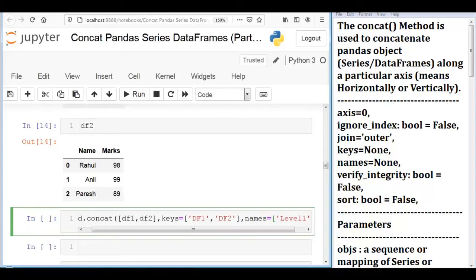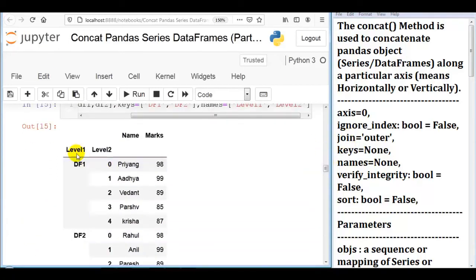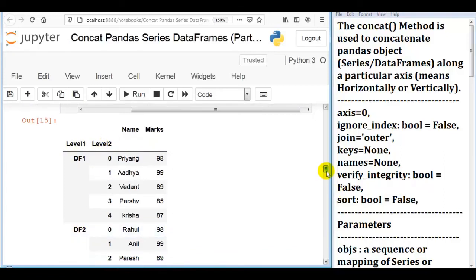You can pass any string as per your requirement. Label2. Now let me execute this cell. As you can see, our label1 and label2. This way we can add names to our hierarchical index. This is label1 and this is label2 using the names parameter.